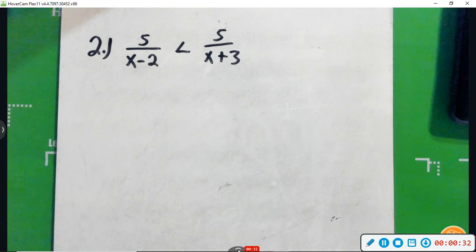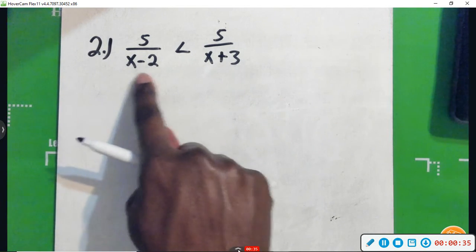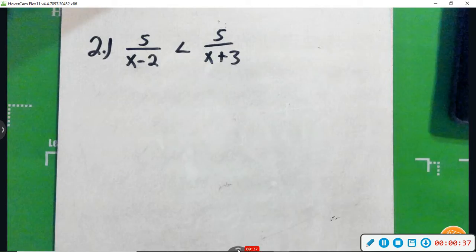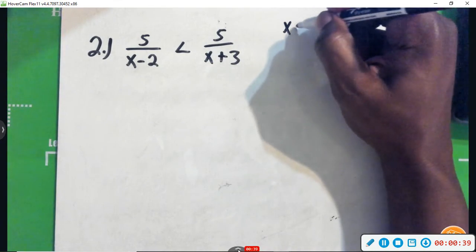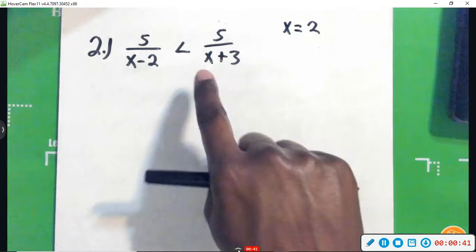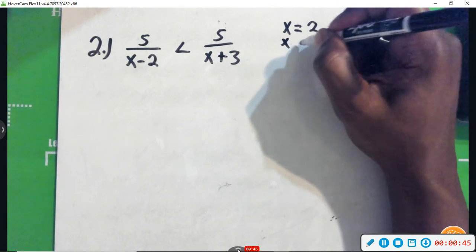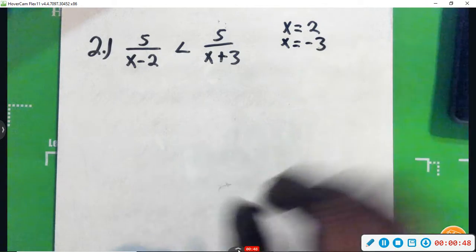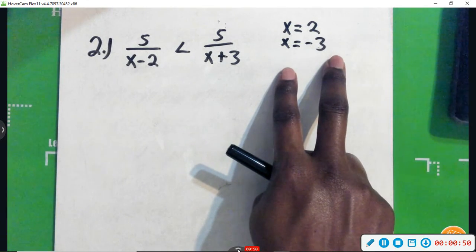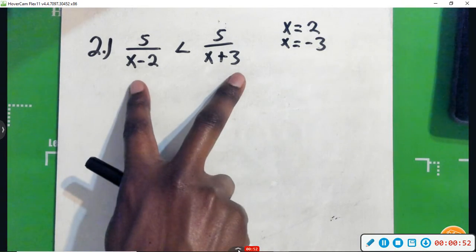So looking at the denominators right now, if I set this equal to 0, I get x equals 2 as a critical point. And setting this equal to 0 will give me x equals -3. Okay, so I got 2 of my critical points here, and now I'm going to solve this and set it